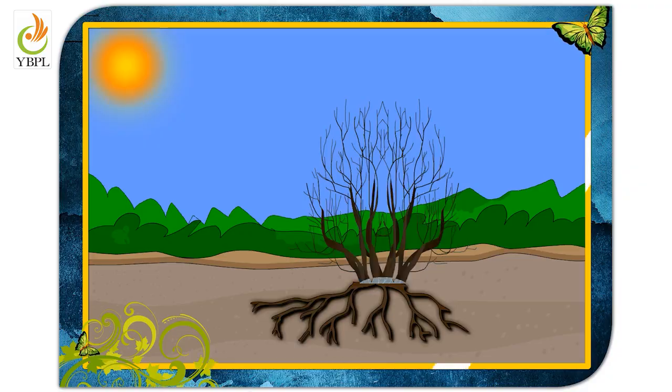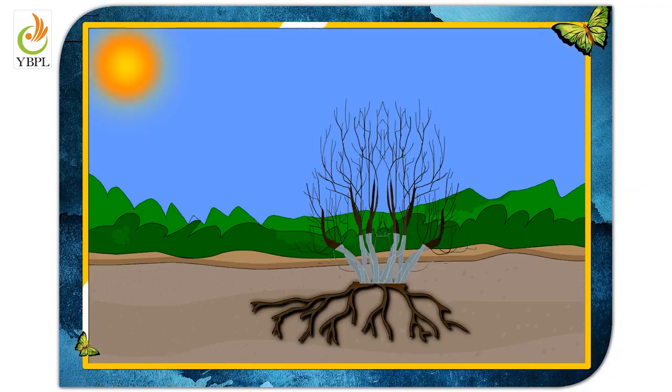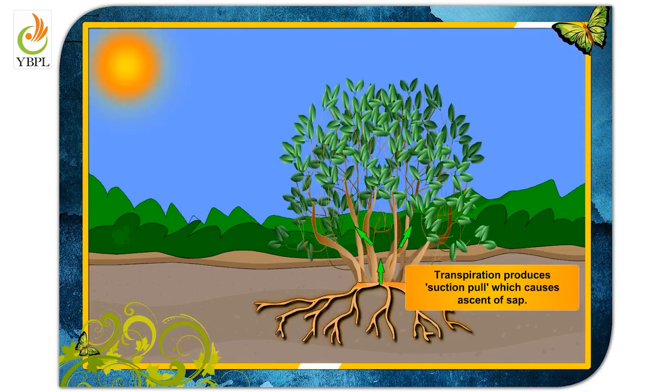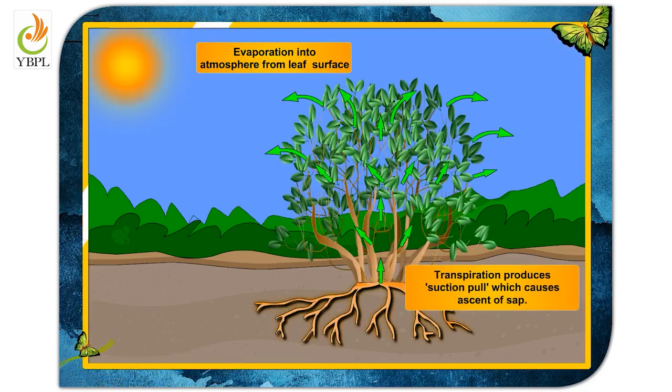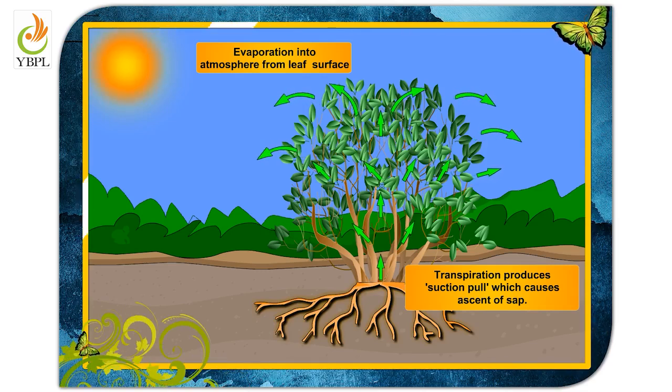The root hair absorb water and minerals from the soil. The absorbed water and minerals move from cell to cell in the root and enter the xylem vessel, which is located in the center of the root. The xylem forms a continuous network of channels connect the roots to the leaves through the stem and branches, transporting water and minerals throughout the plant.